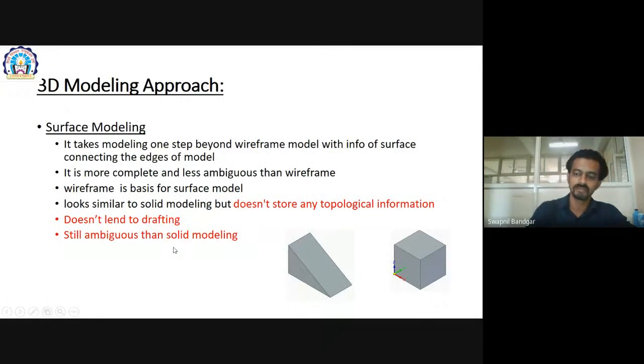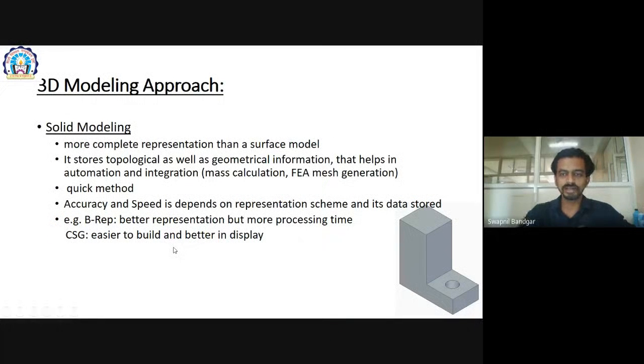Then solid modeling is very easy to understand. It saves all the information that any model could have. It is very useful; you can get a mass calculation in a single click.